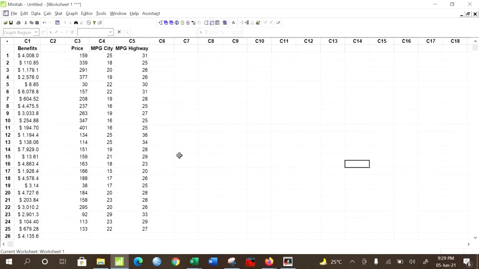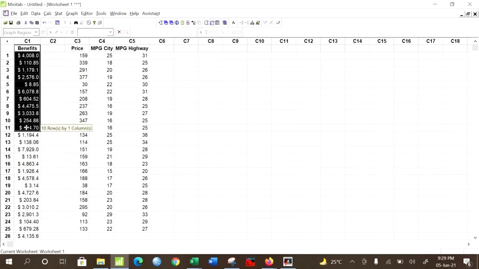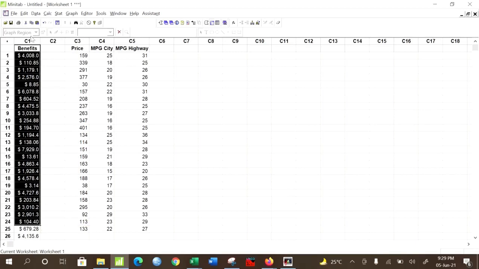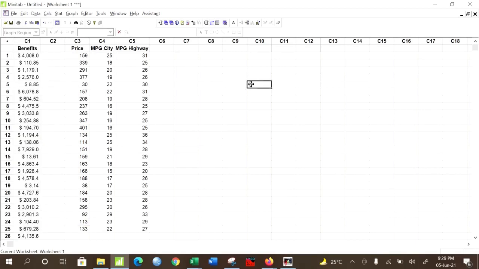Speaking of visualization, let us start with the histogram itself. What I have done is, I have taken the benefits data that we have already discussed in central tendency and dispersion, and copied that data in Minitab in the first column C1.